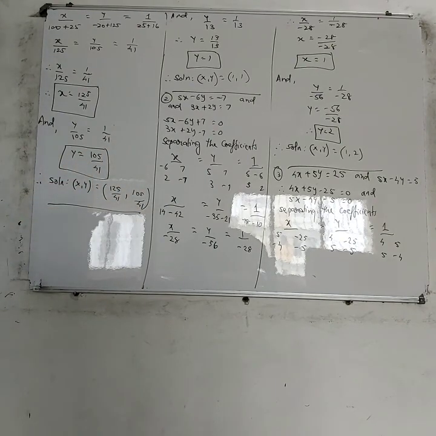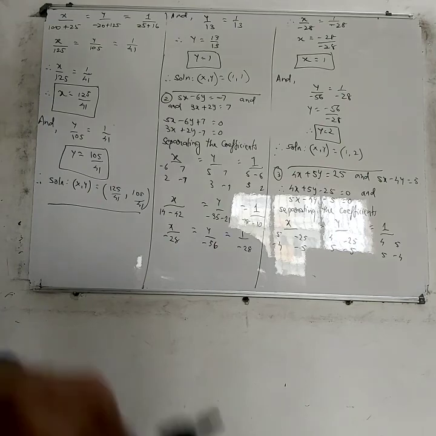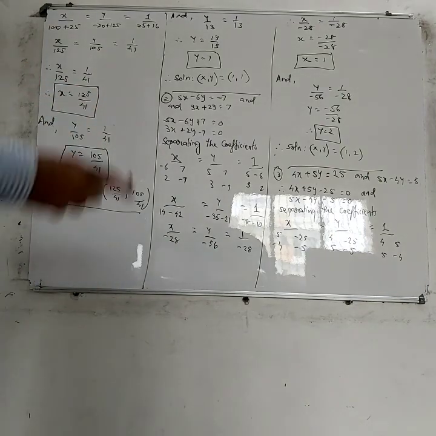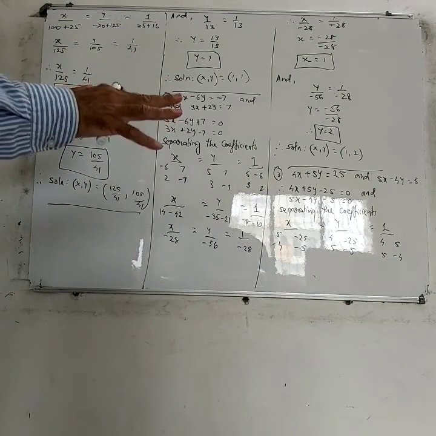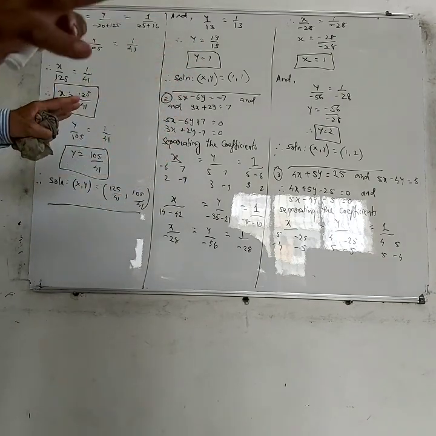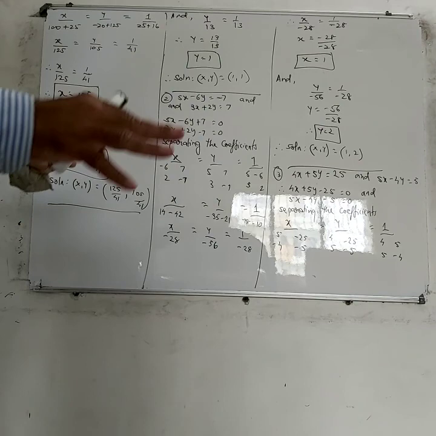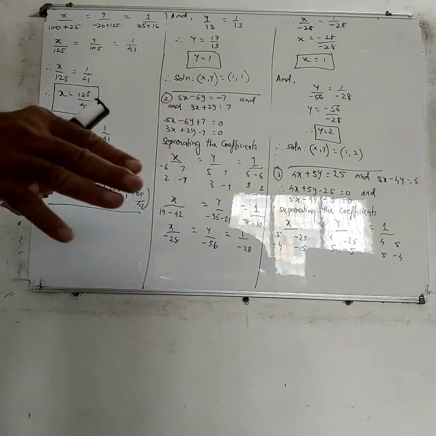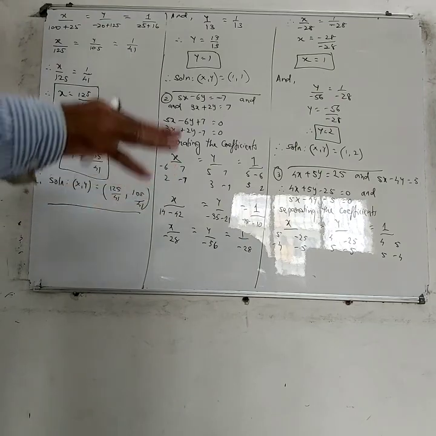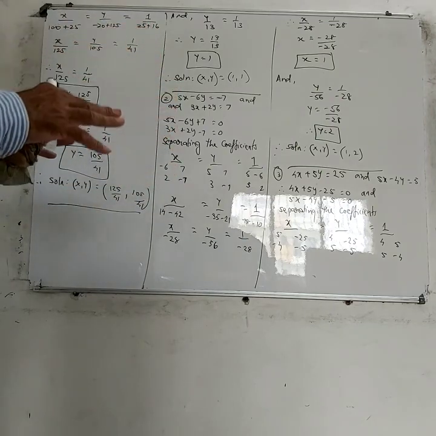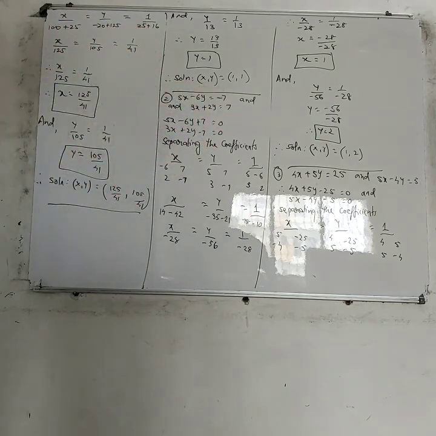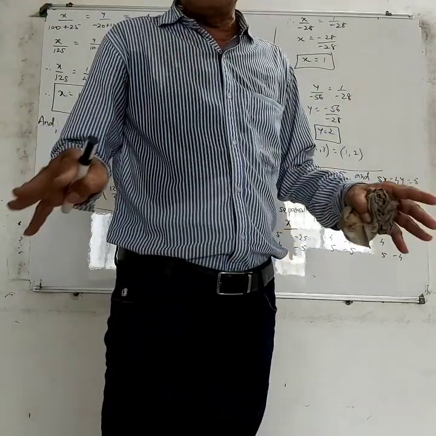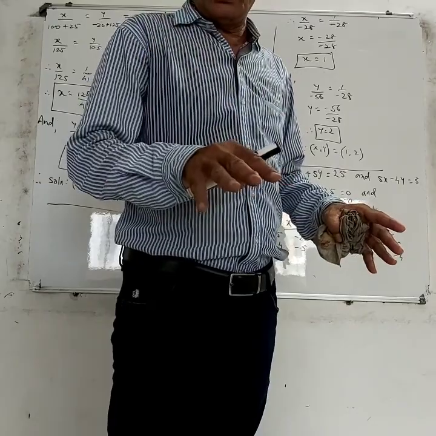Now, these are the three different methods of obtaining the solution of linear equations in two variables. Now, you need to once again review this. You can review the video, you can watch it a number of times, you can rewind the video, you can fast forward the video, you can pause the video, but just make sure that you understand all the three methods and the differences between all the three methods. And after you have seen the differences between the three methods, please practice it again and again.